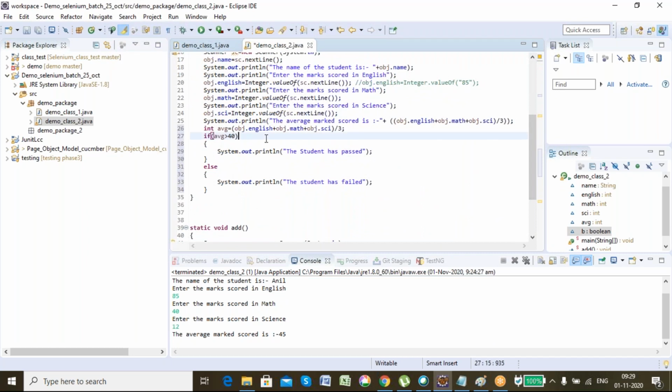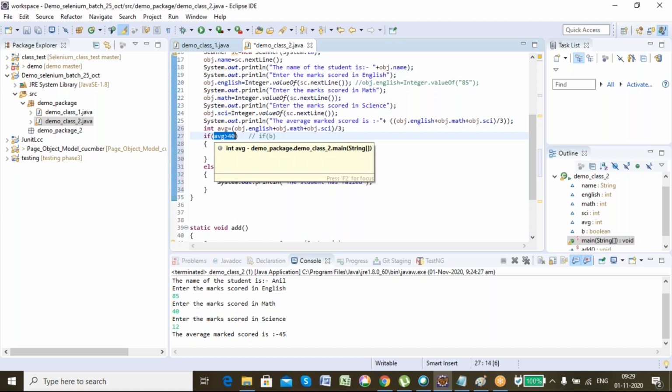You want to ask anything? Yes, sir, here is it necessary to define the boolean over there because it won't take it automatically like true or false, like you defined at the top. This particular statement will return me boolean only. Average greater than 40 will return me either true or false. It is returning me a boolean value only. Its return type is boolean.